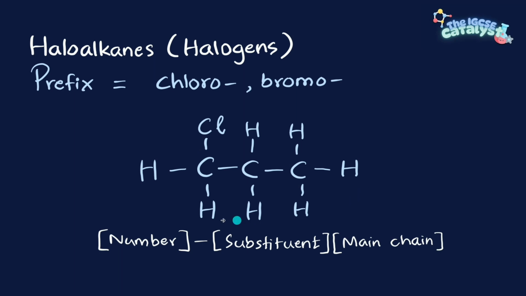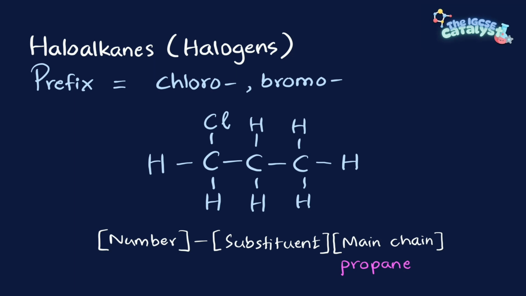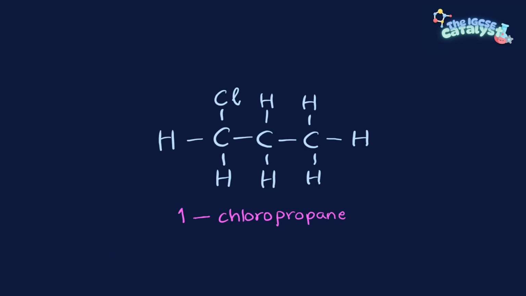We will put these all together in this method. The number comes first, and the substituent, and lastly, the main chain. First, we've identified that the main chain is propane, since there are 3 carbon atoms here, and all the bonds are single bonds. For the substituent, we will use the prefix here, since the substituent is a chlorine atom. So it will be chloro. And lastly, for the number, we will write the carbon number on which the chlorine atom is attached to, which will be number 1. The final answer we get will be 1-chloropropane, with no space between the prefix and the